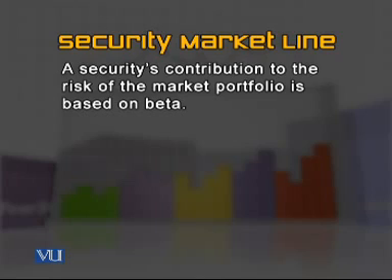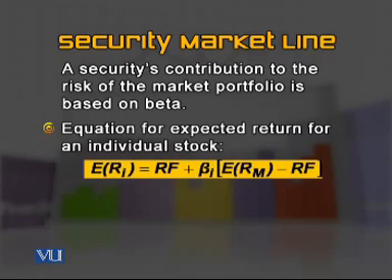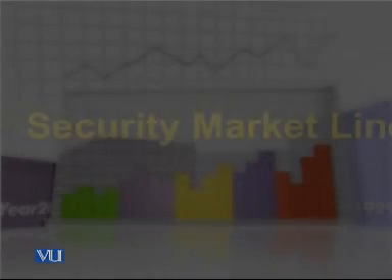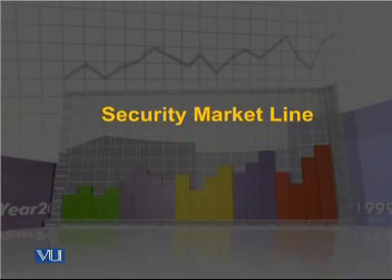This name came up in the last lecture for the first time, and the security market line is responsible for contributing to the risk to the market's portfolio, which is based on a beta. And the equation for expected return for an individual stock should be appearing on your screen right now, and you can have a quick glance at the equation just to refresh you, because we showed this to you in the previous lecture. But since this is about betas, this is about expected returns on individual stocks, it's important for you to refresh your minds and understand the significance of betas.